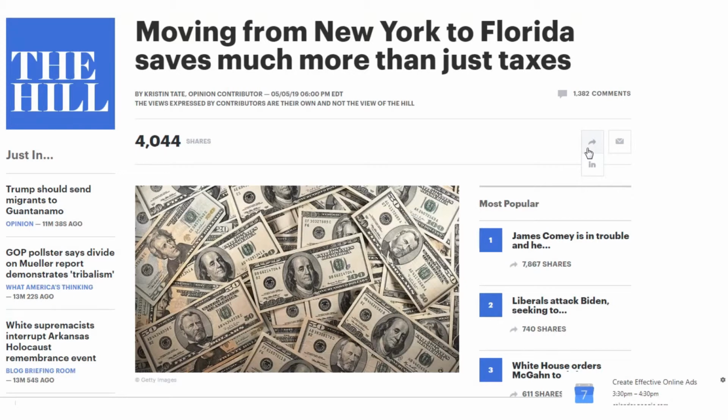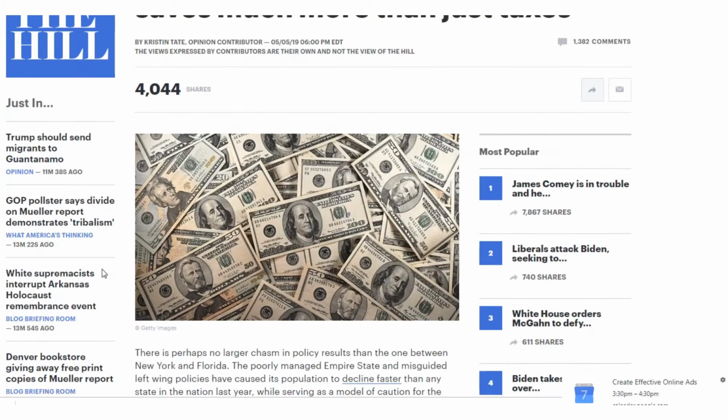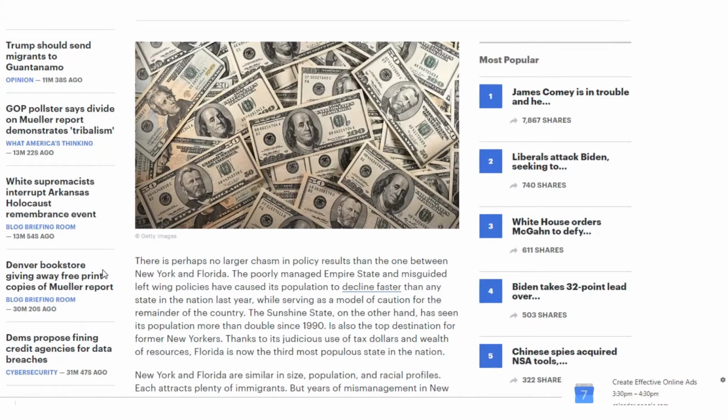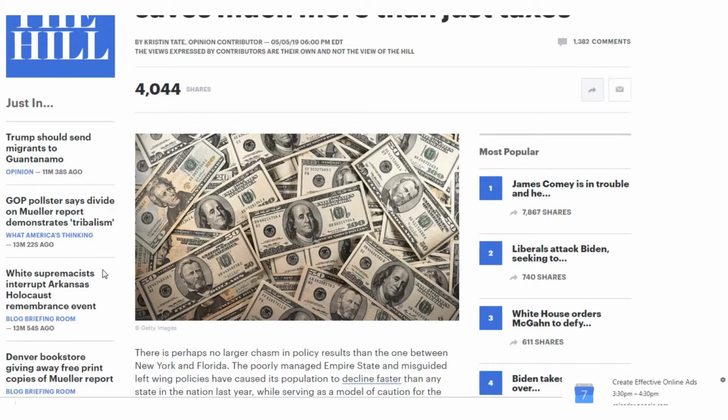So here's a real world example of federalism at work that I found today in The Hill. And I got this through Real Clear Politics, which is one of those sources I recommend to you about where do you get your news. And The Hill is kind of a political journal. You can see the kinds of articles that they have here. So if you want to know what inside the Beltway people are reading and talking about, this is it.